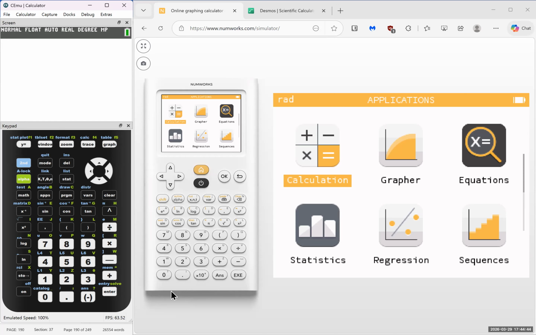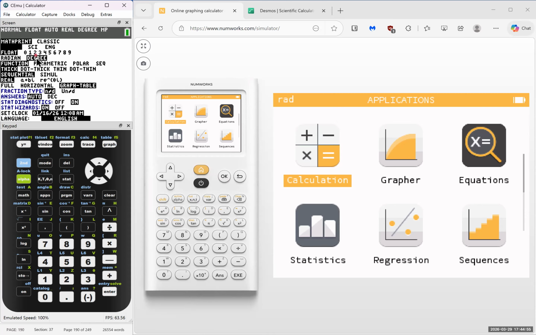Let's see, where's my date? Here we go. Okay, so you want to hit this mode button, and you see the fourth line down. This is where you need to tell it whether you're working with radians or degrees, right? So you can see right now with this in radian mode,